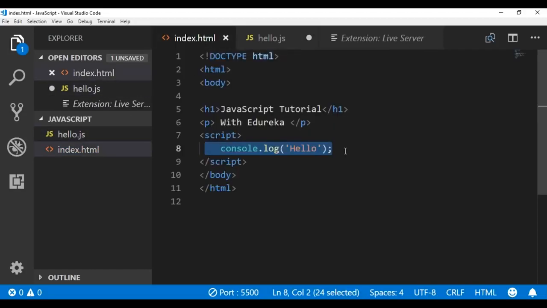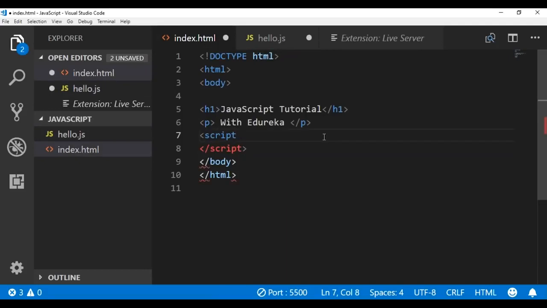Now you have to reference this hello.js file in your HTML file. So how do you do that? Let's add an attribute over here. This attribute is src. src stands for source. Now src equal to, within the quotation marks, we're going to write down the name of the JavaScript file. So hello.js is the name of my JavaScript file. Let's close the tags. And this is the second way. So we're basically referencing hello.js from the HTML file.